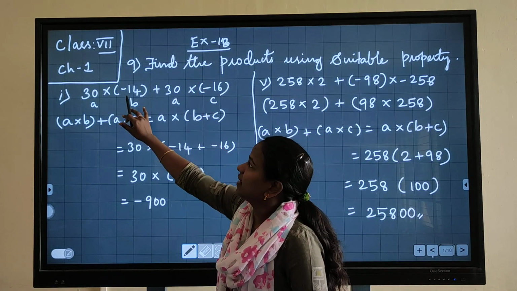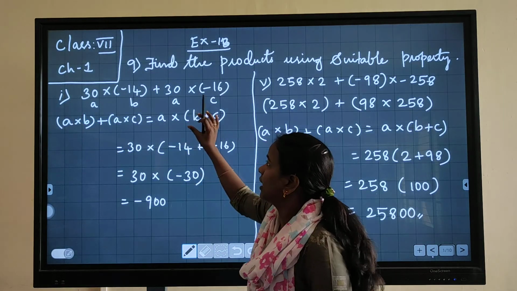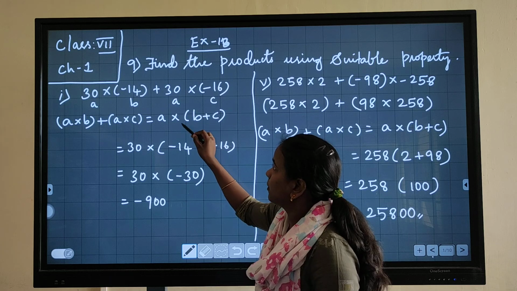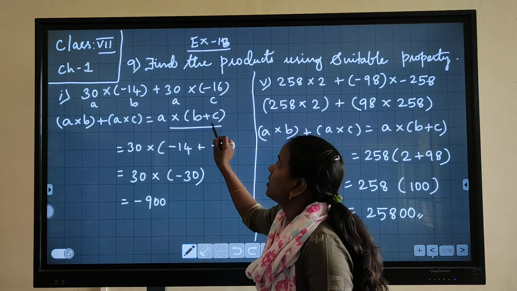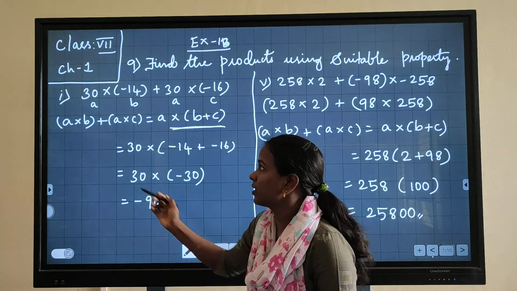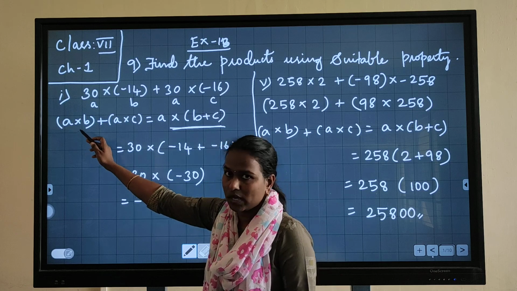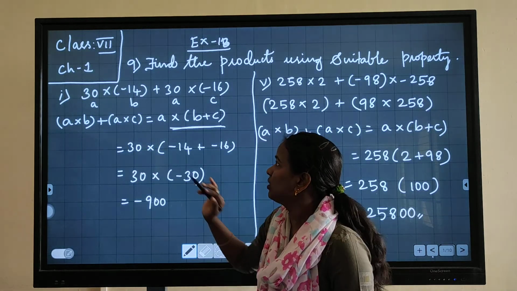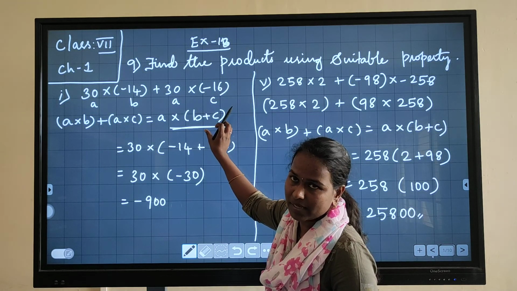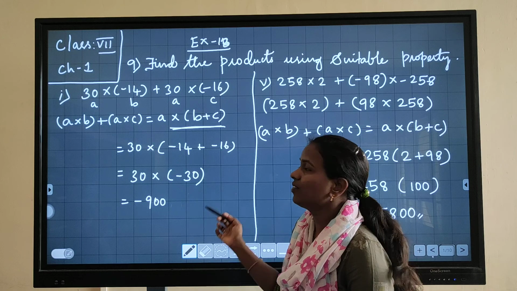So the left hand side is given in the question. The form is already given in the left hand side. What is the right part? A multiplied by B plus C. If the question is given like this, you can solve only this part. If you solve this part, you will get the same answer because the left hand side is equal to the right hand side. Instead of multiplying this one and again multiplying this one and adding both, you just add B plus C and multiply the addition of B plus C with A. So you will get the answer.